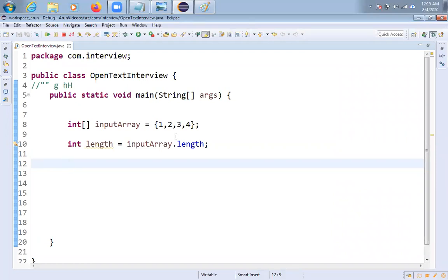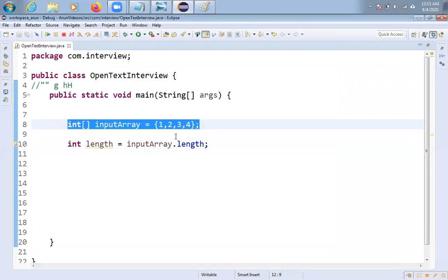I'm assuming that given elements are in the sorting order, that is ascending order, and no duplicate elements. If the elements are not in sorting order, if they are in random order, definitely I'll use one sorting technique, bubble sort or selection sort or insertion sort, any sort I can use, and I'll sort the elements in ascending order, and I make sure that duplicate elements are not available. If duplicate elements are available, maybe I'll take one set and add all the elements into the set, then automatically duplicate elements will be removed. So after sorting and eliminating the duplicates, this is the final array. So I'm working on this final array, friends.